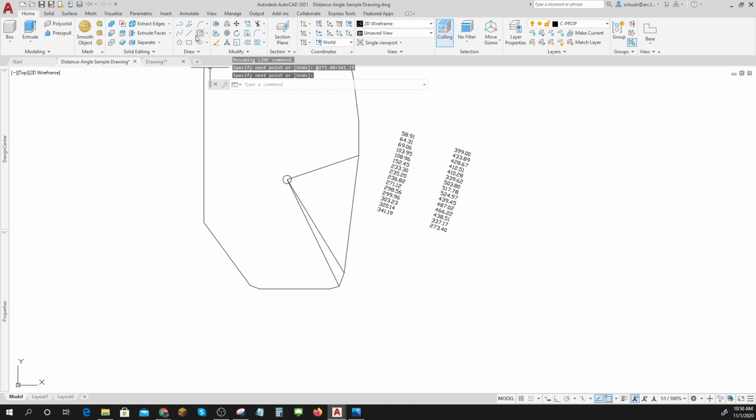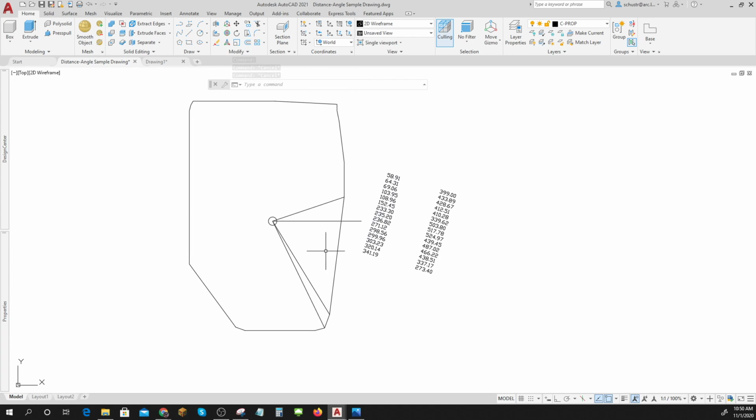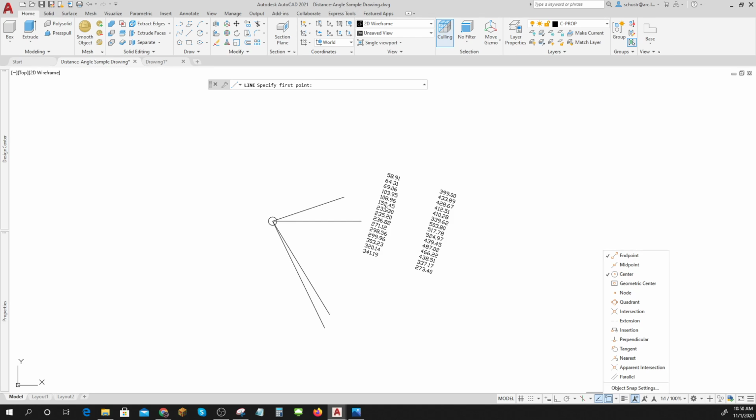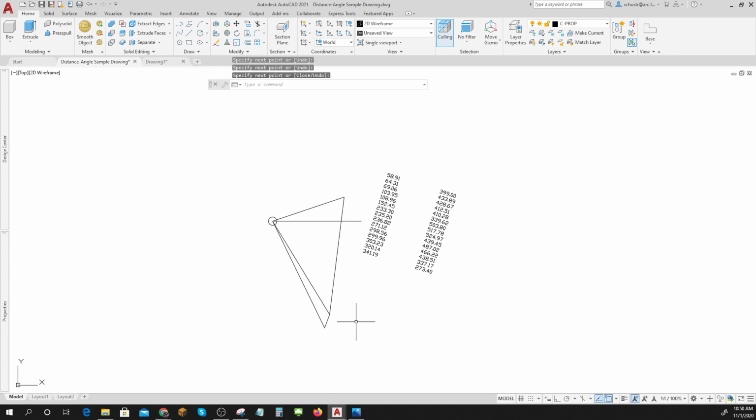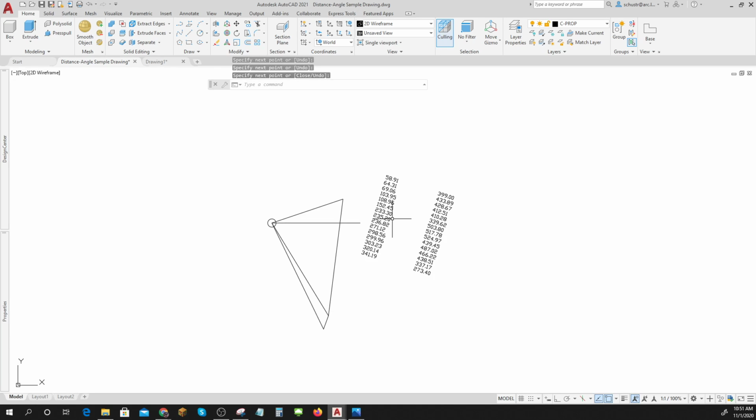And what that did is, remember, my zero angle is right around there. So if I go from here all the way around in a circle to here, clockwise, I will have traveled 341.19 degrees. So that's how you lay them out. Of course, you won't have this there. You'll just be out in empty space, and eventually you'll draw from endpoint to endpoint of these lines to do your boundary. So that's how you use survey data that was done with distance and angle to draw it